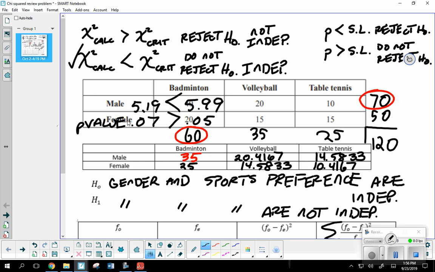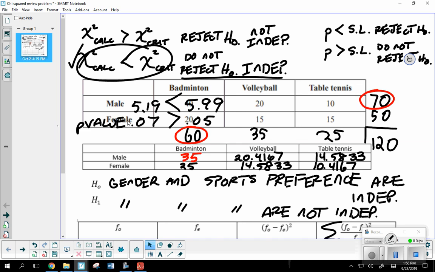Now, on this one, it confirms. Because, see, my calculated was less than the critical, so I know they're independent, okay? But my p-value was greater than the significance level, which is still telling me do not reject the null hypothesis. Okay. Verification that the p-value doesn't reflect the first relationship. Yeah, I would go with the p-value over the original, yes. It's kind of like the p-value would have the final say.